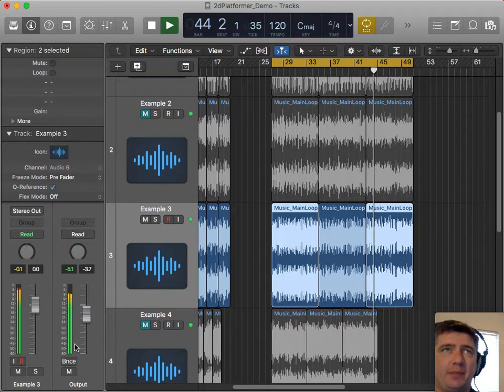Changes to the rhythm. Certainly strong changes to the lead line.